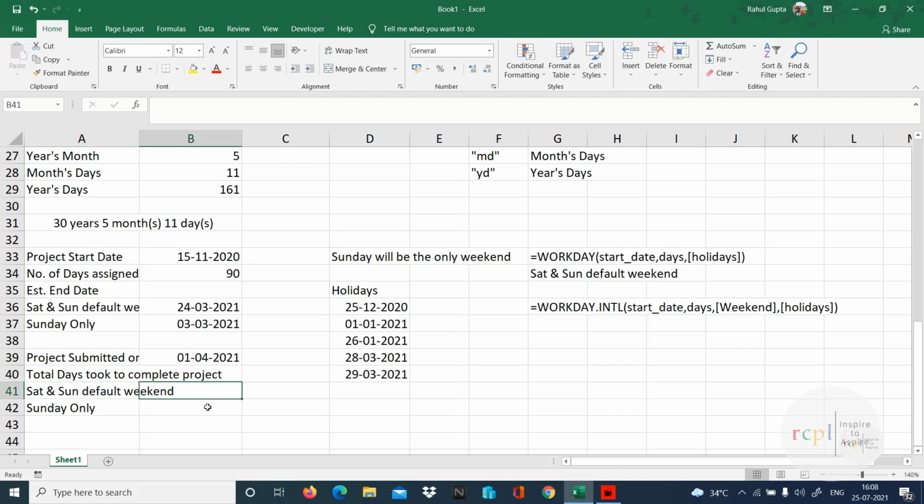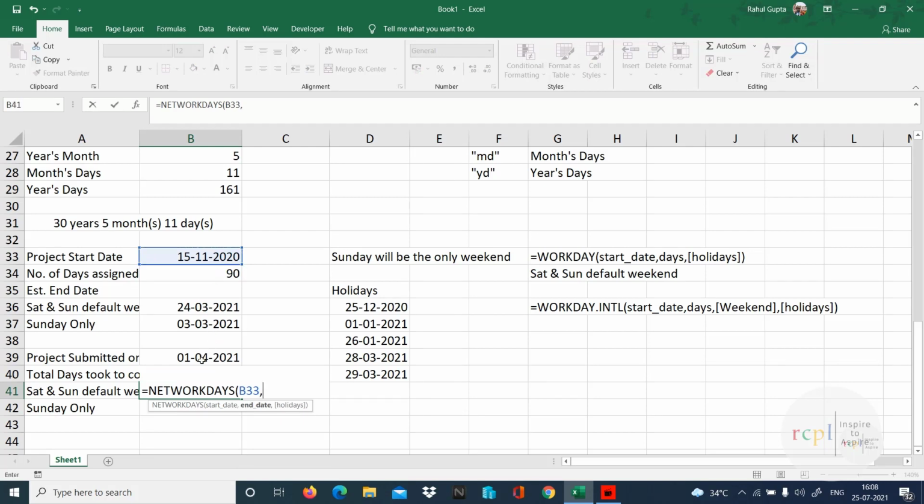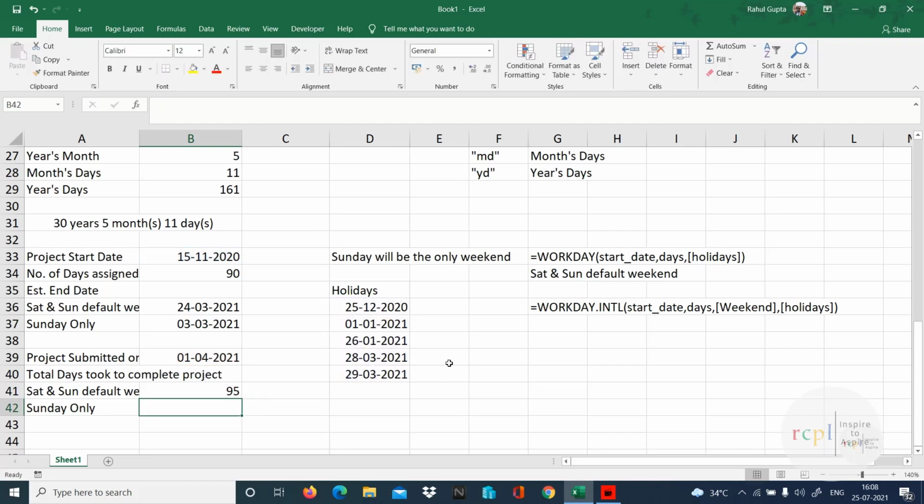So let's see with Saturday and Sunday as default weekend how many days that person took. So I'll say is equal to networkdays. This is my start date. This is my submission date, that's the end date, and holidays. So all these are holidays. Let's close. 95 days, but here Saturday and Sunday is a default weekend. I'll use it for Sunday only.